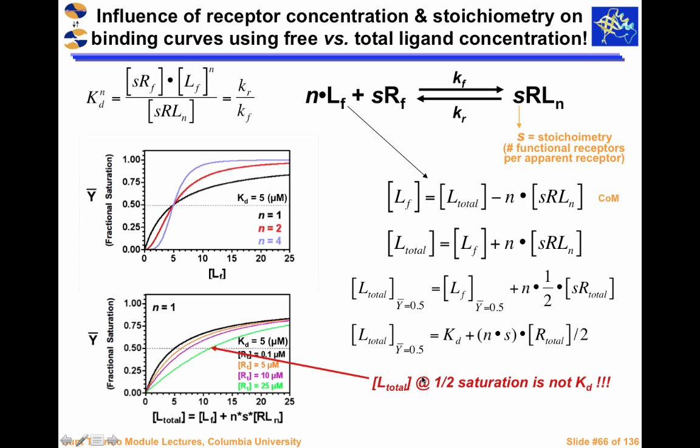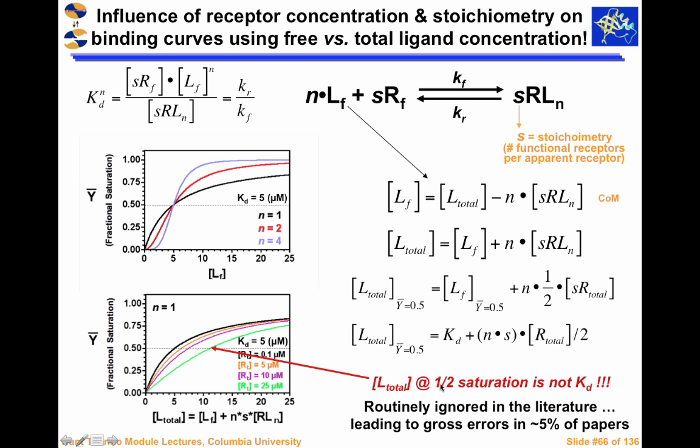The total ligand will equal KD under the special circumstance where there's a minimal amount of receptor. When you have a significant amount of receptor, you have to add in the bound, and as the amount of receptor becomes higher and higher, that amount of bound becomes larger and larger, and eventually there is a very big difference between L total at half saturation and KD. This point is routinely ignored in the literature,